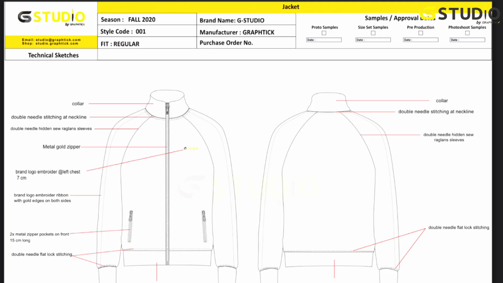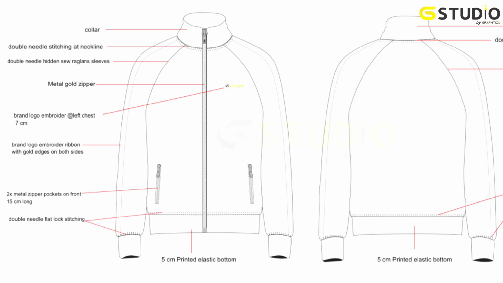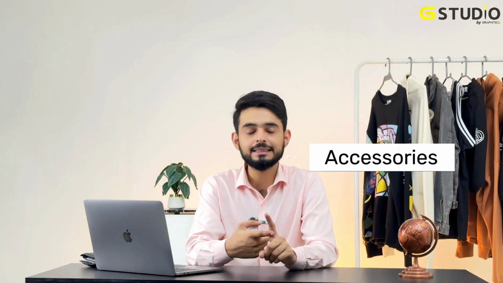Number two is the technical sketches, where we explain what we are using in the tech pack in the form of callout details. We need to explain each and every point: what the stitching will be, what the material will be, the construction detail, accessory type, print type, and embroidery type. We need to explain each and every point so that our manufacturers get an exact idea of what we are looking for.